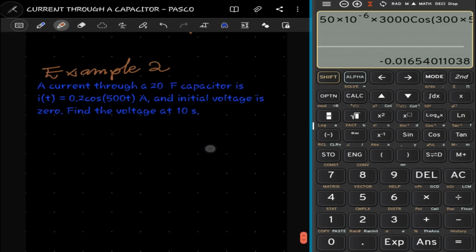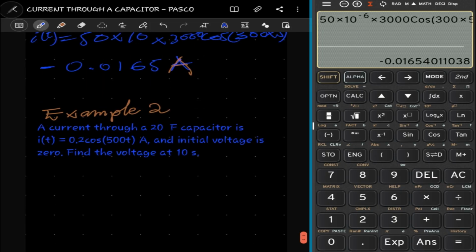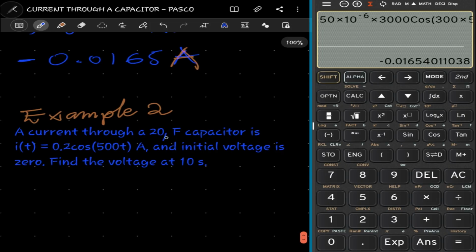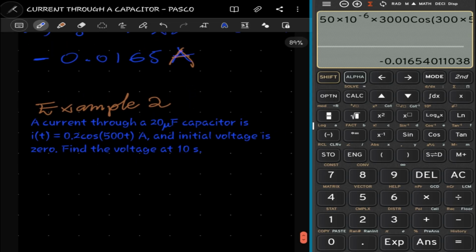So this one says the current through the capacitor, and the capacitor has this, that's 20 microfarads, right? Microfarad is this, and the initial voltage is 0. We should find the voltage at 10, right? So basically still the same equation that we're going to use, right? So we have